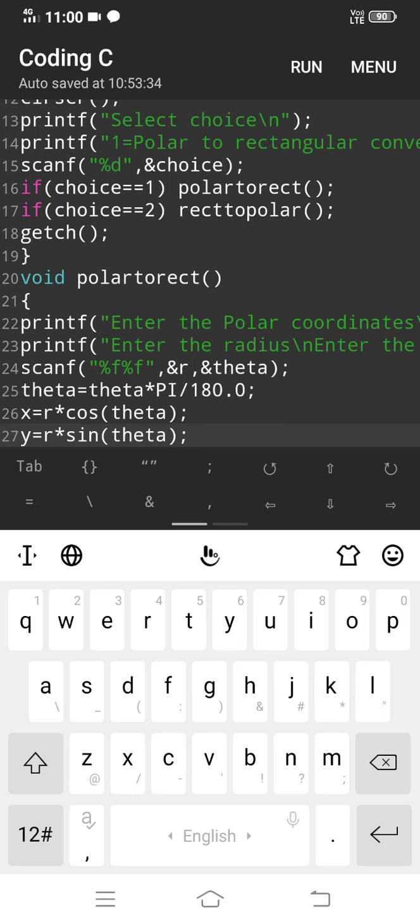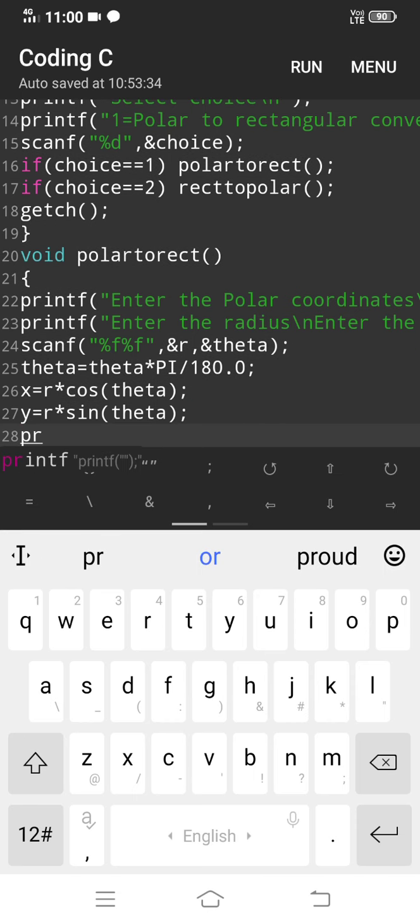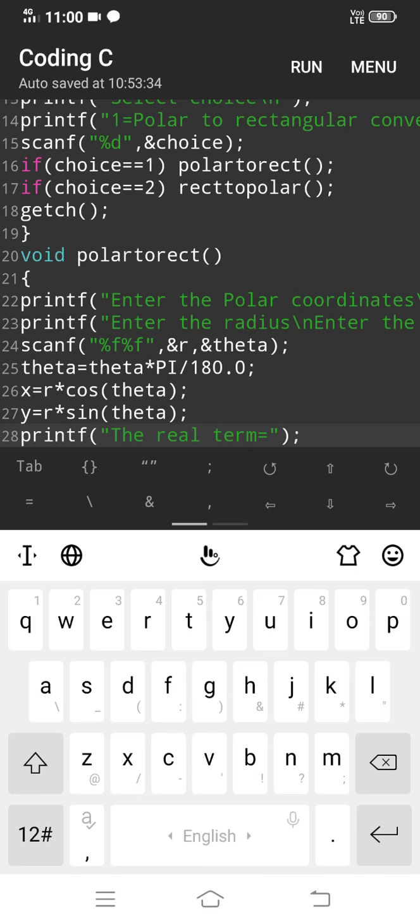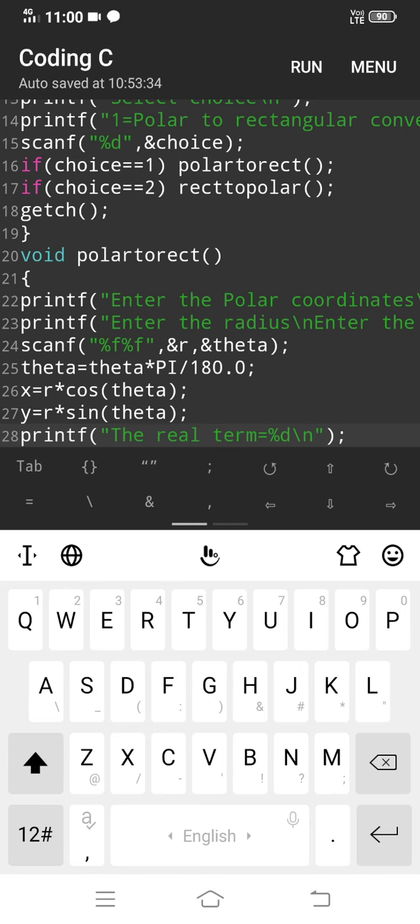Then we have the x and y values, the real term and imaginary term. So we print these two values using the printf function. The real term x is equal to %f, where %f is the format specifier of the float, not %d, %f.